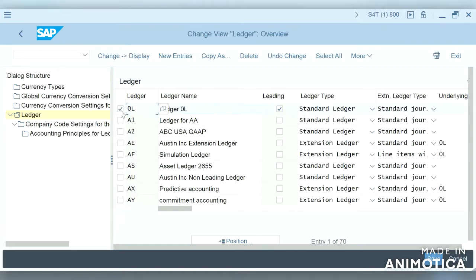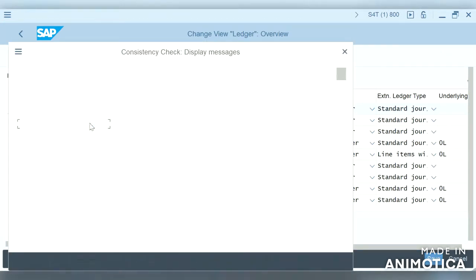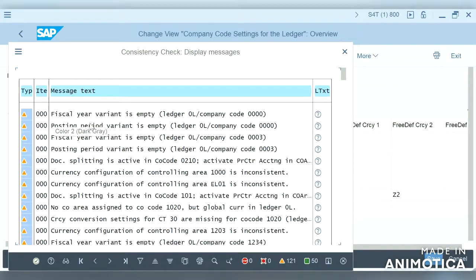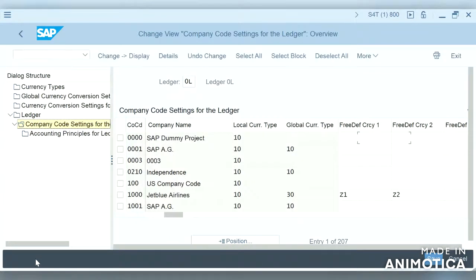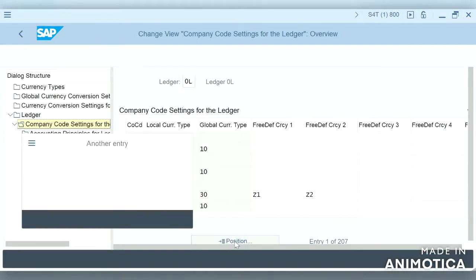So accounting principles for ledgers and company code. Let us check. 0L. 0L is the standard ledger. So if we see this, by default I think it should be assigned even to our company code.